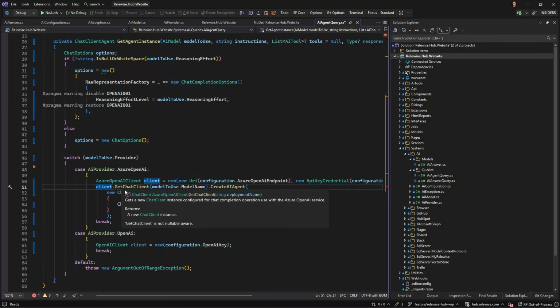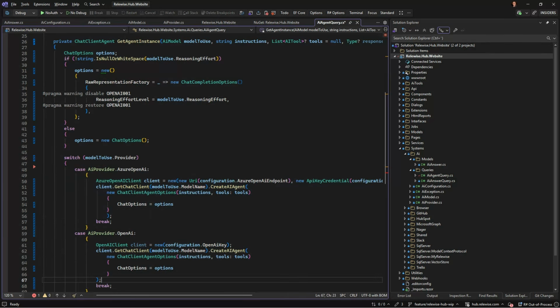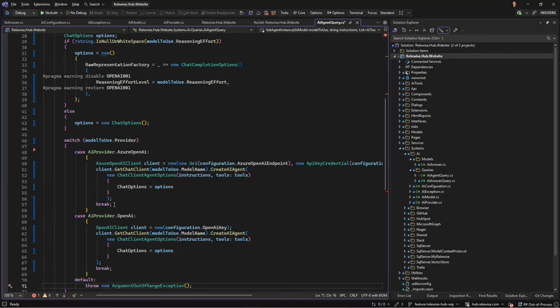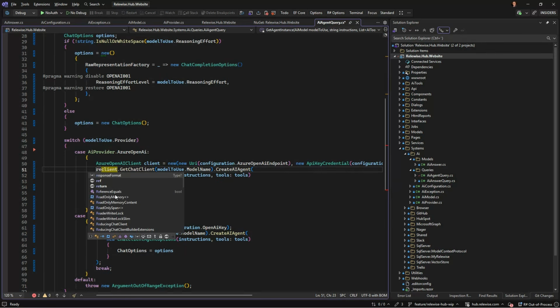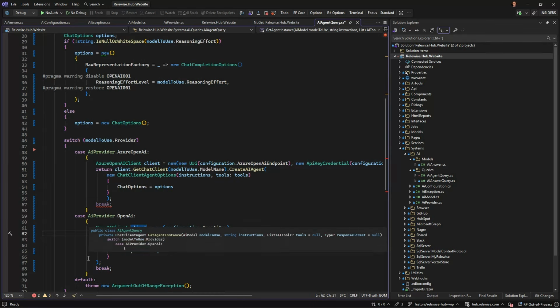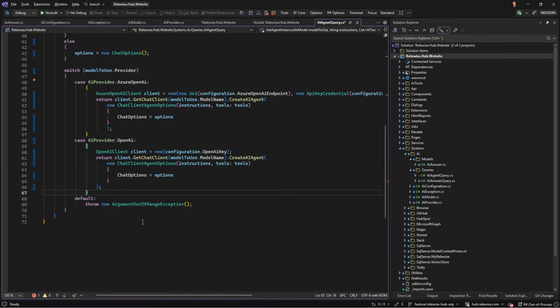And else the client will more or less be the same, but I guess we still need to do this. Could it be reconstructed? Perhaps, but let's just keep it like this. And I guess we can just return this. Because that's a AI client, that is a chat completion client.